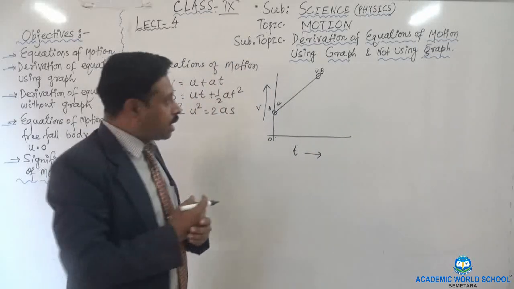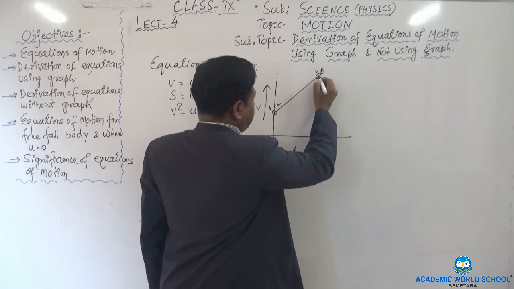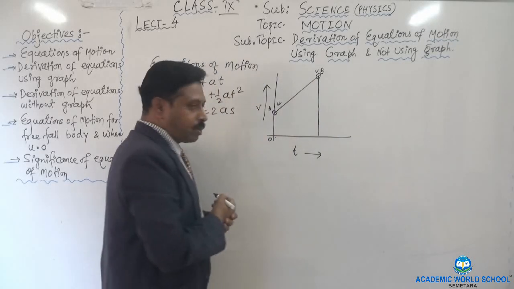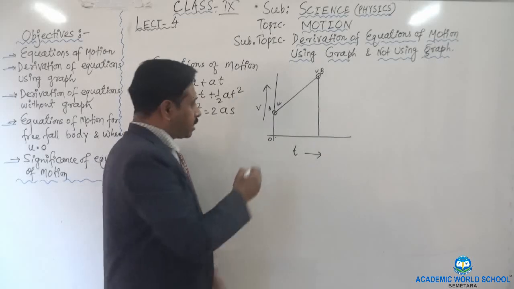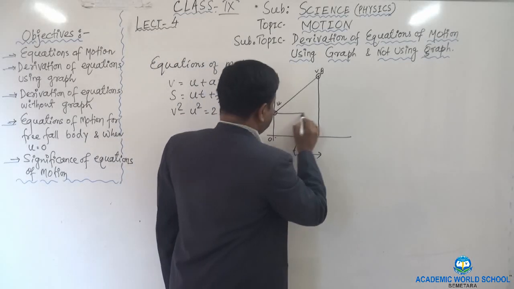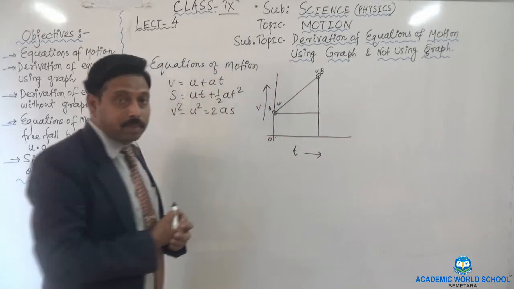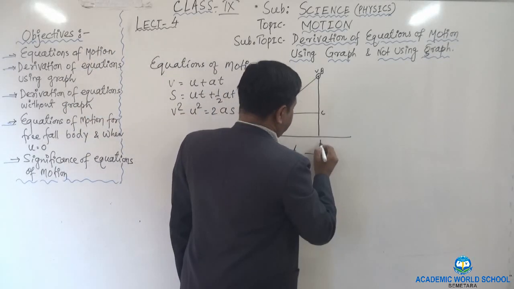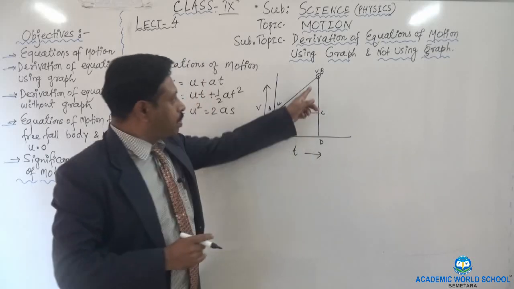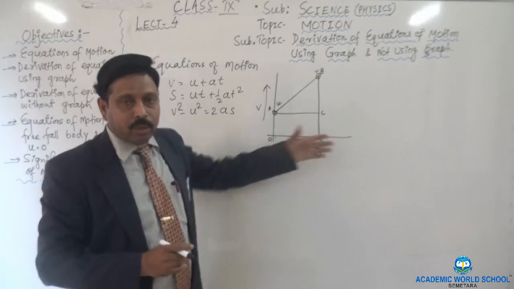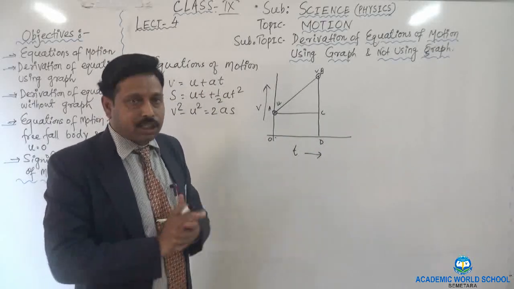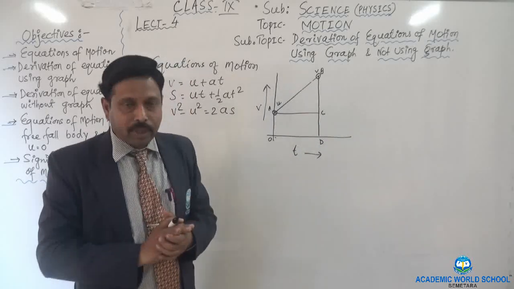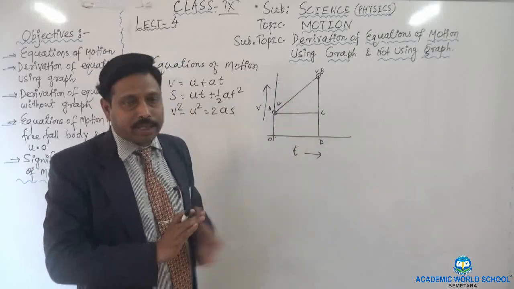Now, I have to draw a perpendicular from B to x-axis, one perpendicular, and then another perpendicular also I have to draw like this, and also give the name. I have given the name AB, now it is C and D. So now you see, BD is the perpendicular on x-axis, and similarly AC is the perpendicular on BD. This is actually drawn for calculation part.